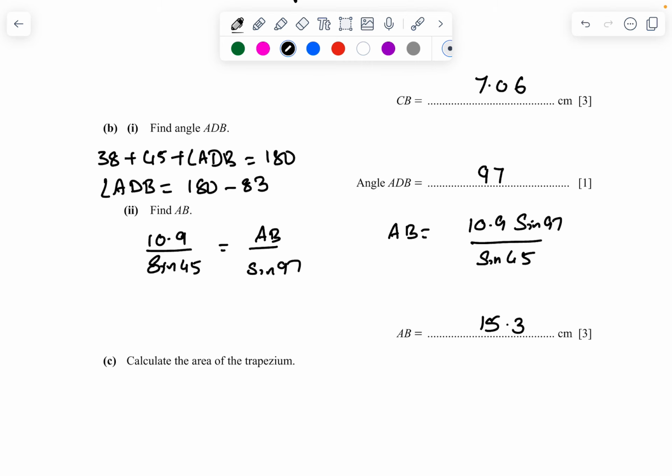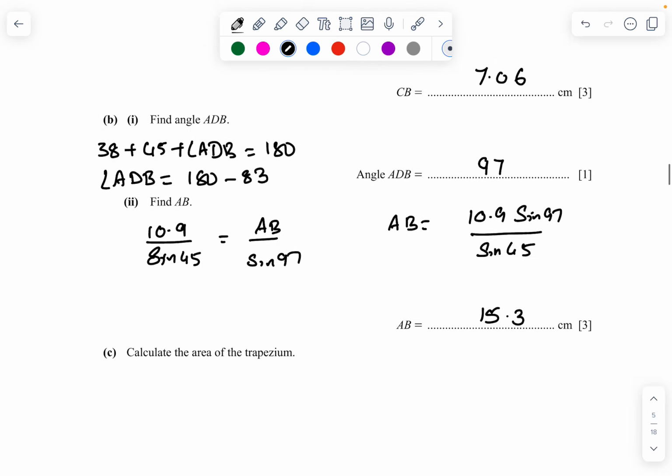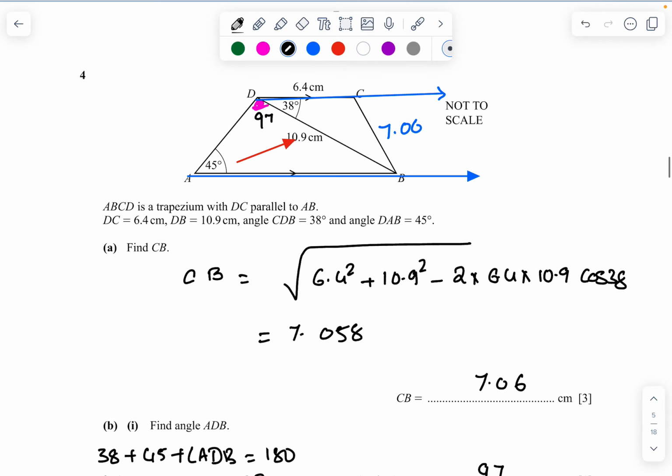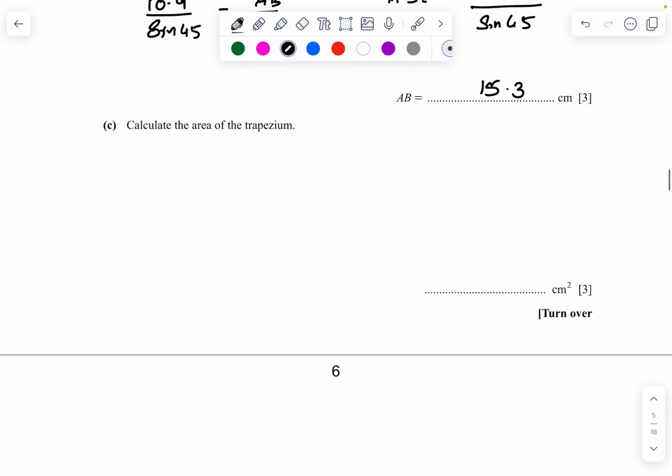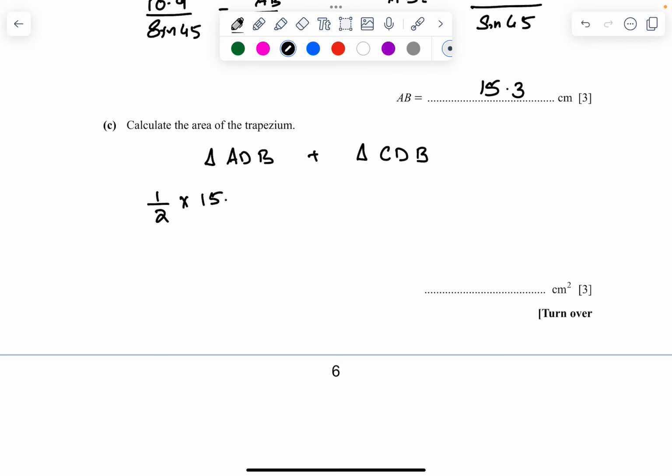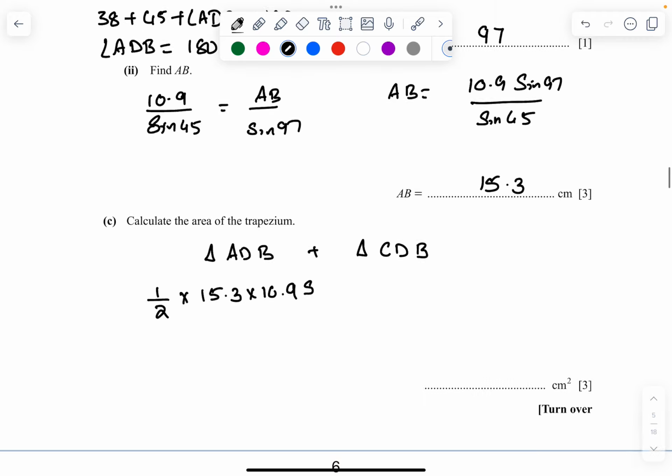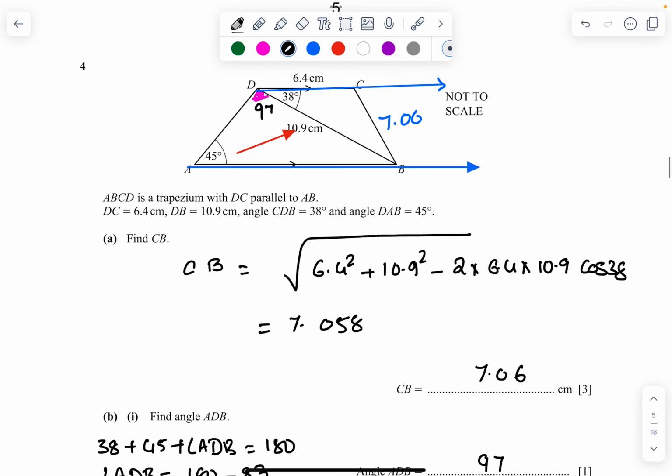Calculate the area of the trapezium. The area of the trapezium is the sum of the areas of triangle ADB plus triangle CDB. For ADB, it should be 1 by 2 times 15.3 times 10.9 times sine